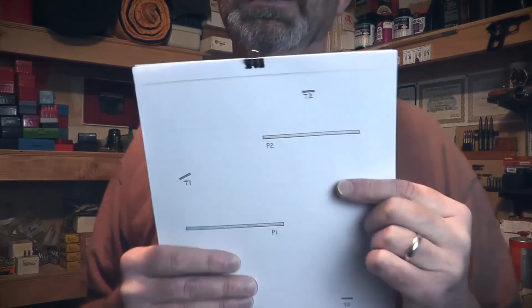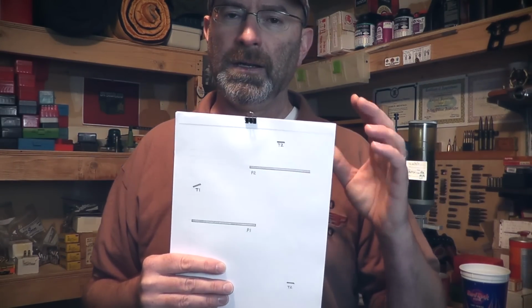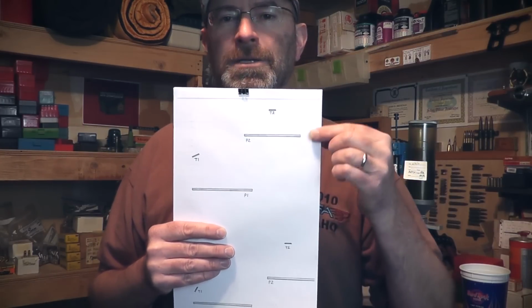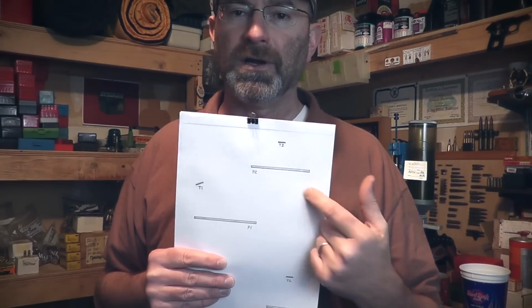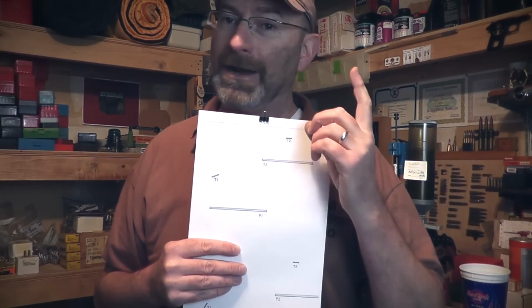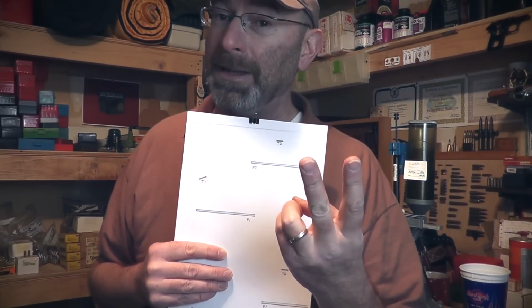So it's going to be interesting to see how these appearing targets, moving reloads, crossing the open, how it all plays out. And a lot of it, I think, is going to have to be dependent on how a specific rule is interpreted for a specific course of fire, dependent on exactly how the targets are laid out. Are you going to overrun this target? You're going to shoot at it once, overrun it, and just blow it off. You're going to say, I'm going to get a penalty, a miss penalty, because I only fired 1 at it. I'm going to get a penalty. Do I get a penalty